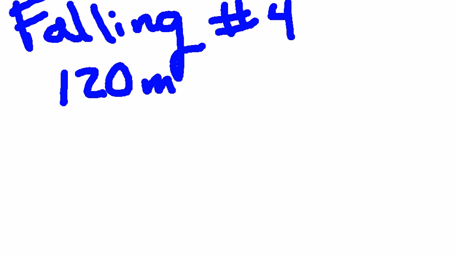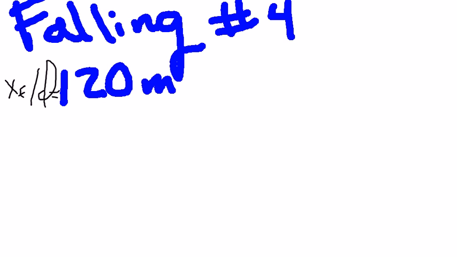Okay, question number 4. A student drops a math book from a bridge that is 120 meters high. How fast is it going when it meets the water below? So that sounds like there's not much information. The only number you see in front of you is 120 meters. Okay, and remember that we always put anything with meters, we'll say is